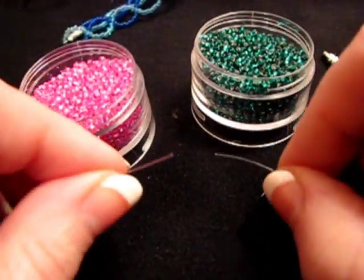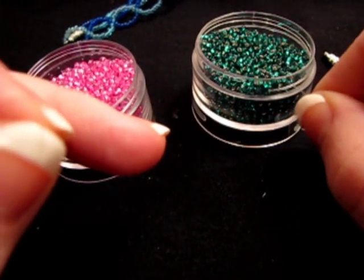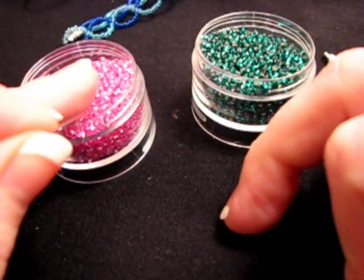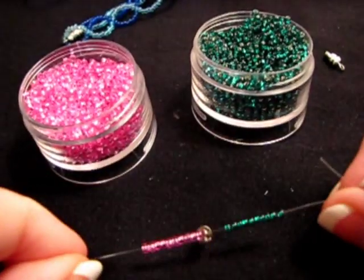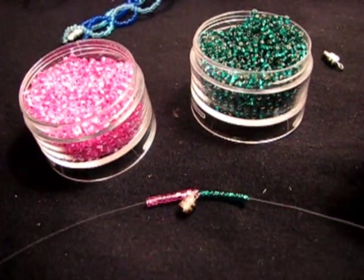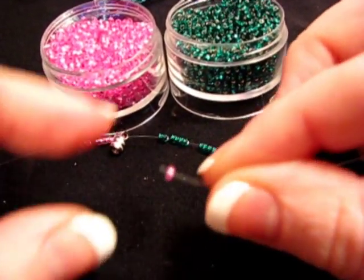So on one side you're going to do 10 green, and on this side you're going to do 10 pink. So let them both fall down to your clasp. Okay, take one pink bead